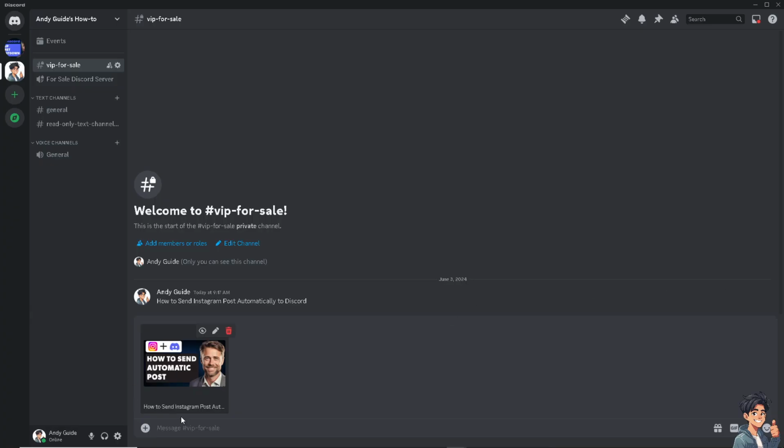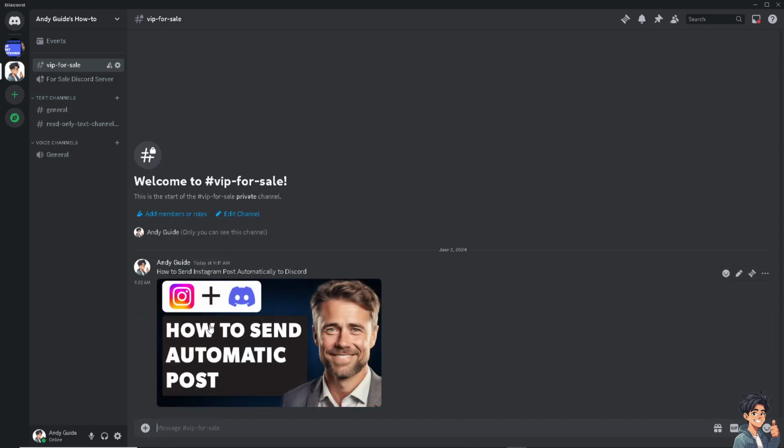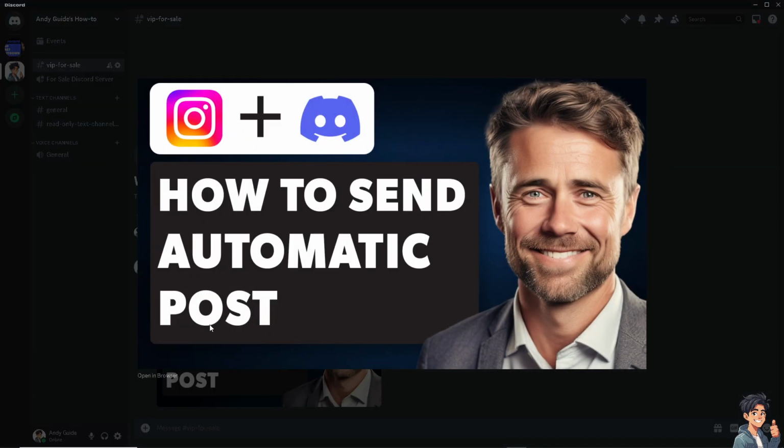Sending Instagram posts automatically to Discord can offer several benefits, especially for individuals in communities looking to integrate their social media presence, because automatically sharing Instagram posts to Discord can keep your community engaged with your content across different platforms. Now, for community servers, sharing posts can help build a sense of connection and keep members updated on the latest